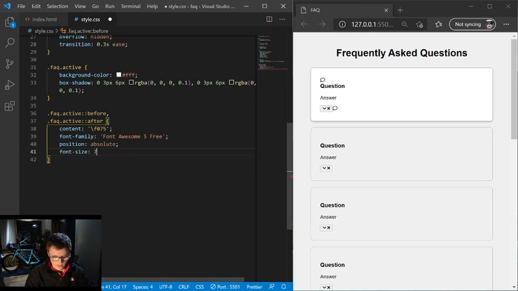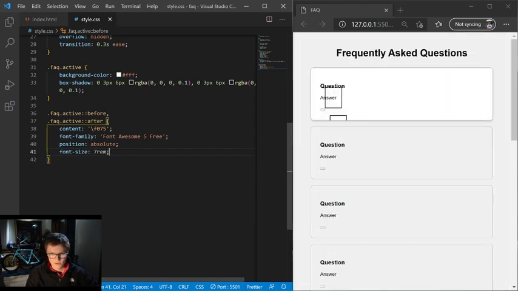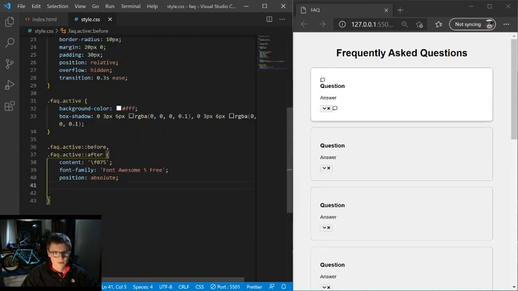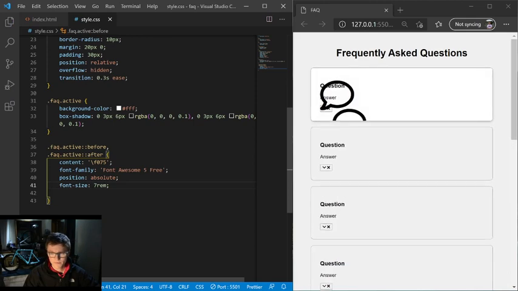We'll just make them a bit bigger as well, so font size 7 rem. What's happened there? It looks like our Font Awesome CDN's just stopped working. Oh, there we go. It was just taking a while to load. So font size 7 rem, and